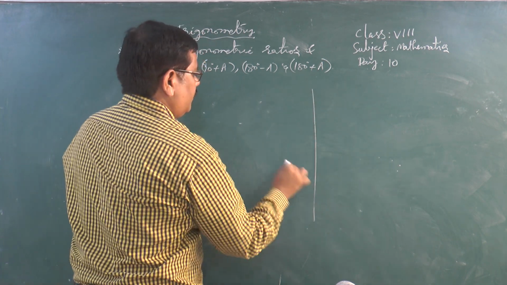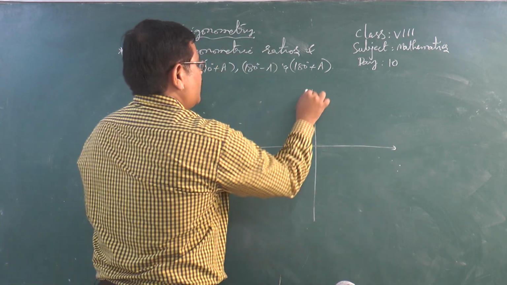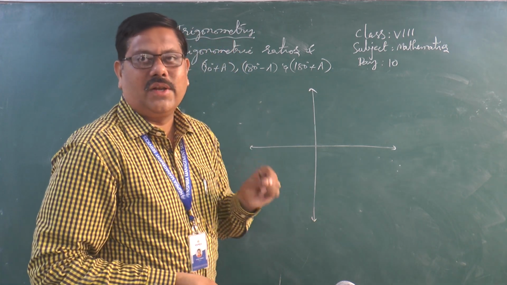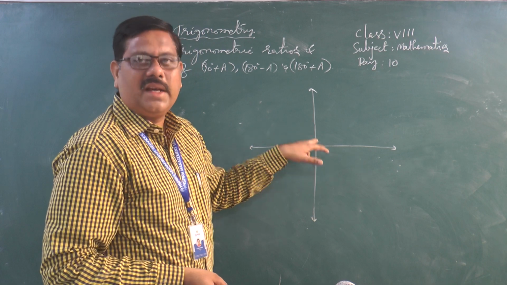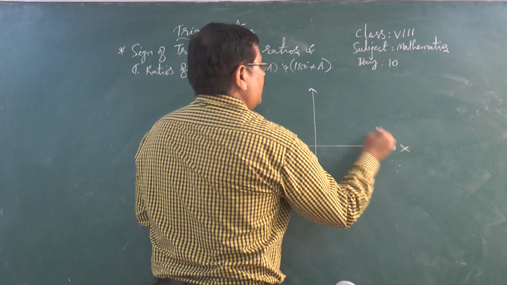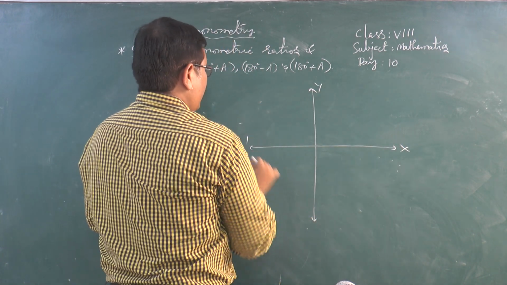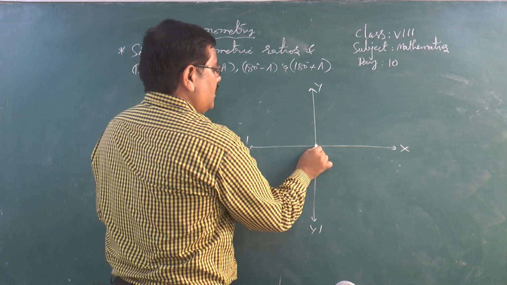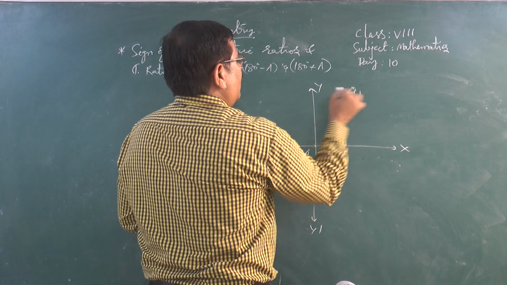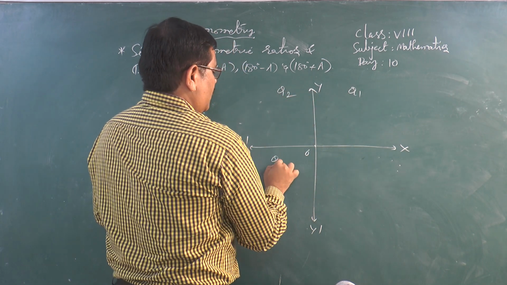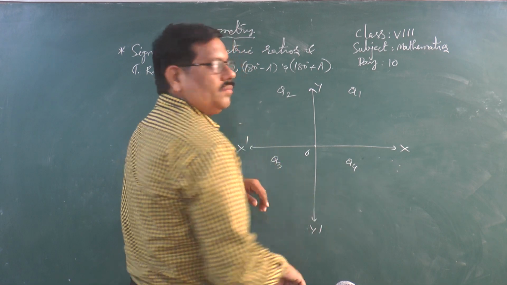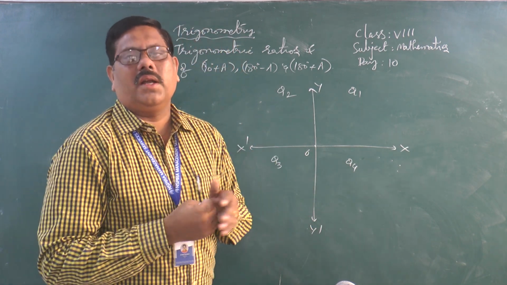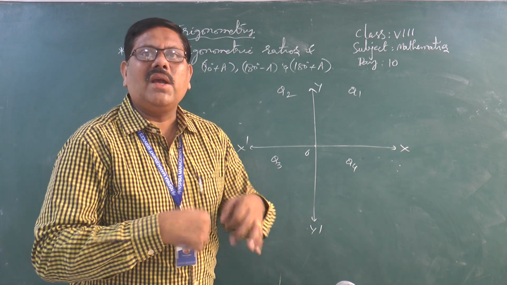If you look at the coordinate system, we will call it the rectangular Cartesian coordinate system, because the angle between these two axes is 90 degrees. This is x, this is y, x dash, y dash. Of course this is positive, positive, negative and negative. This is the origin. So we have quadrant 1, this is quadrant 2, this is quadrant 3, this is quadrant 4. Okay, what is a quadrant? A quadrant is a region bounded between the coordinate axes. None of the quadrants includes the axis.